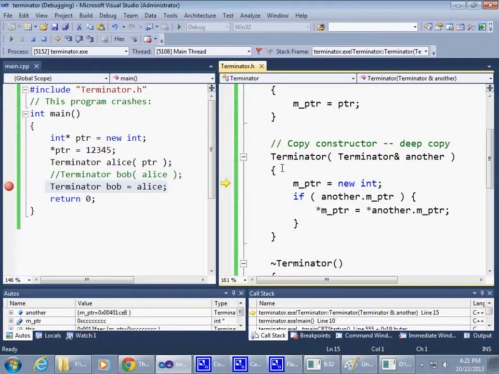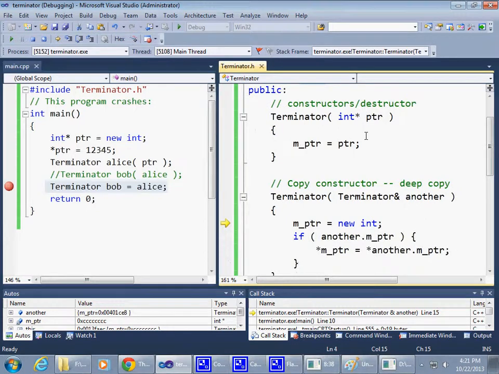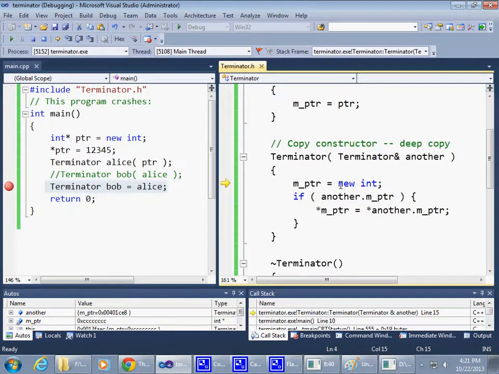So what happens here is that the terminator is being constructed, and it has its own pointer. In this case, we're creating a new integer directly in the constructor itself, a brand new integer, and we say here, if this another pointer is not null, so it supposedly points to something usable, then grab the data from the another one and copy the data to this new integer. So, to demonstrate it here,